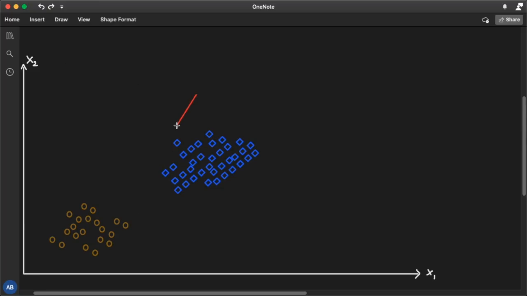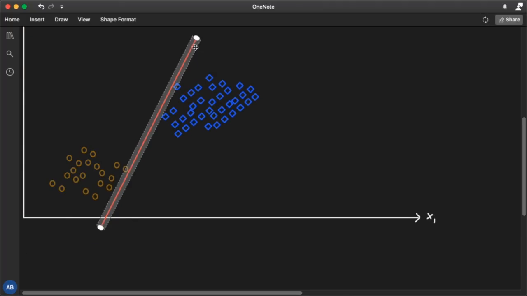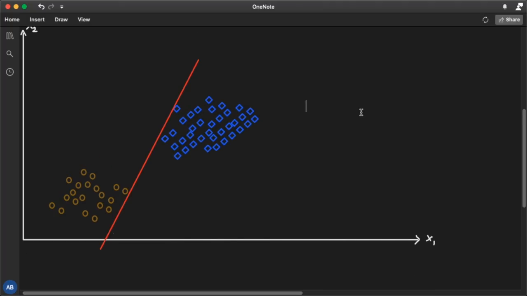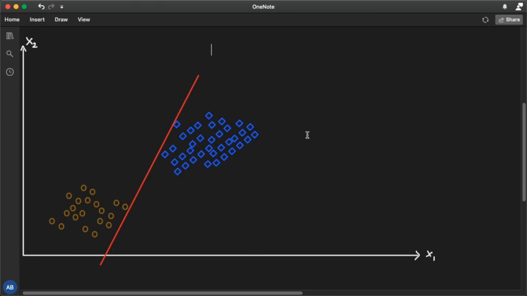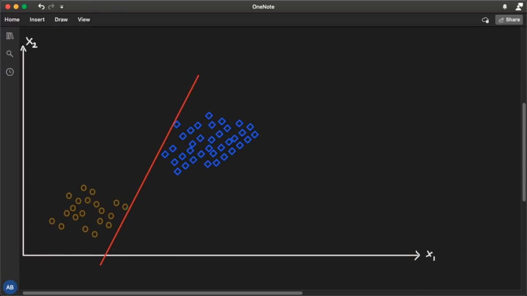So one might choose the following line, which is probably a good choice. The following red line, and say, oh, okay, I found this line that is a heuristic line, right? Because there's no mathematical explanation why we chose it, right? But as you can see, this line is supporting the support vectors. Let's put it that way. So what are support vectors in that case? There are instances. I'm going to highlight them over here. So this instance right here is a support vector, as well as this one. So those are both support vectors belonging to